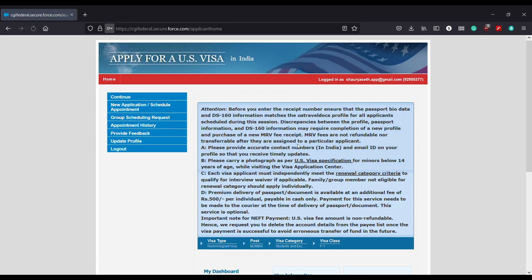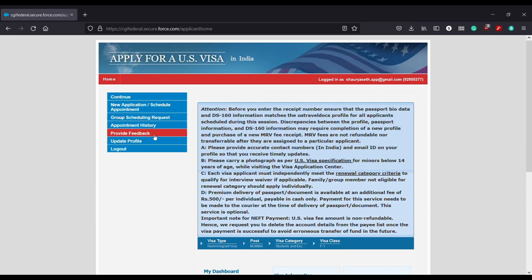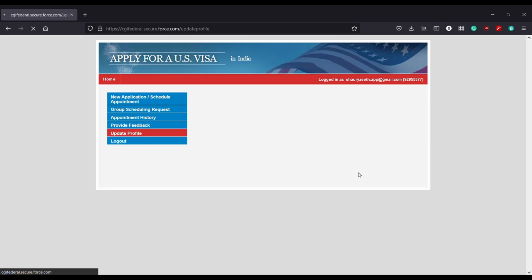And after you have booked your visa appointment, in case you need to refill your DS-160, after you are done with your DS-160, it will generate a new application number. What you have to do is go to the update profile tab as shown here, and then click on that tab, and then you can see that the DS-160 confirmation panel, it is editable.